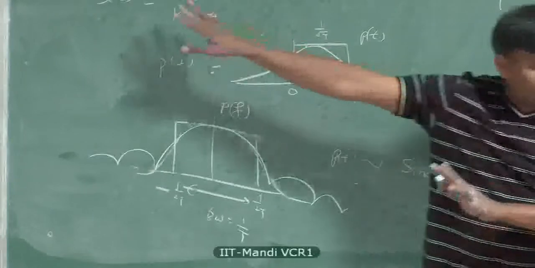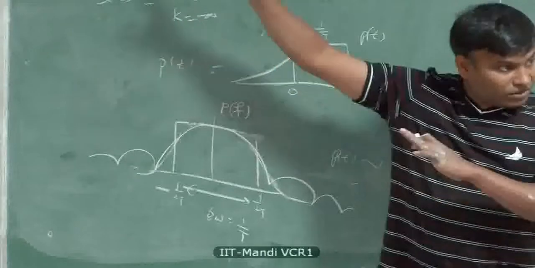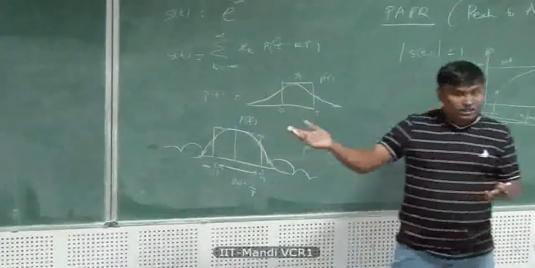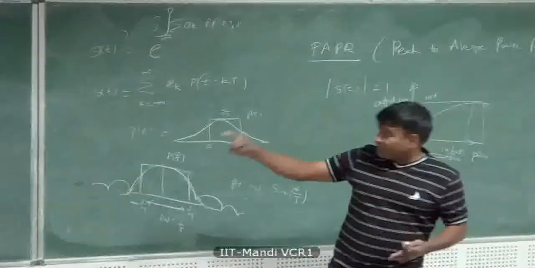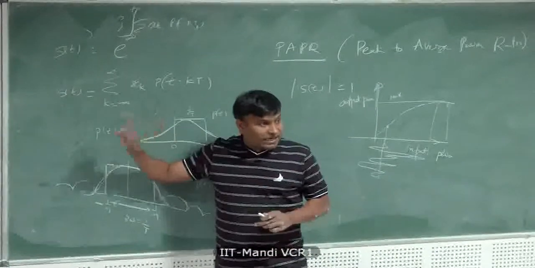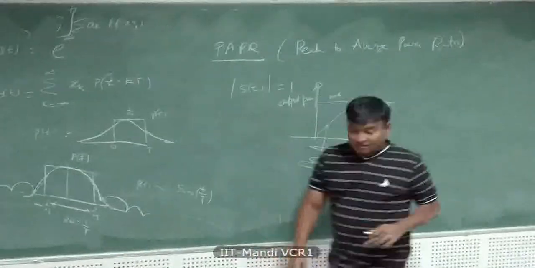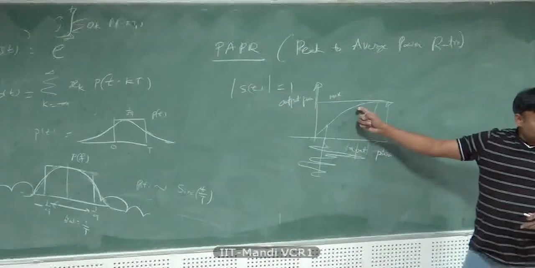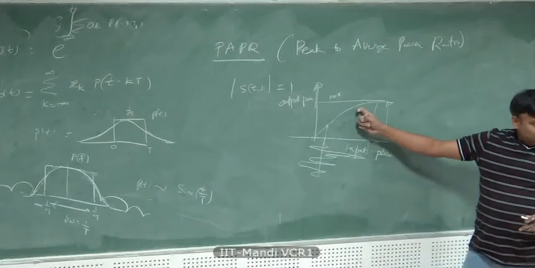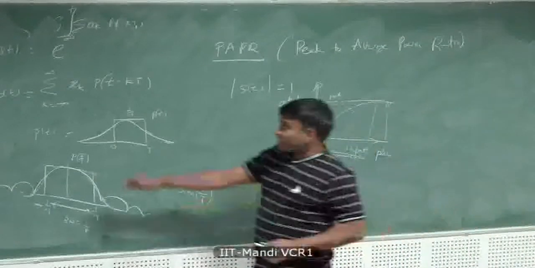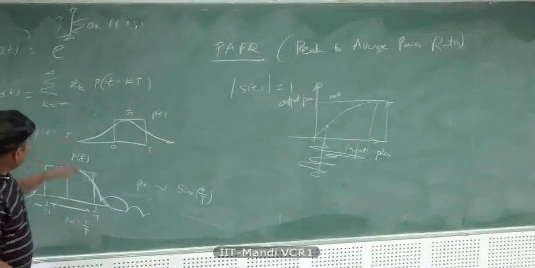So, any signal with a lot of swings in the envelope of the input S of t, I'm not talking about RF carrier here. This is again modulated onto e to the power j2 pi fct, but that has unit envelope, right? E to the power j2 pi fct. It is just the baseband waveform. If it has amplitude swings, that's not good for RF power amplification.